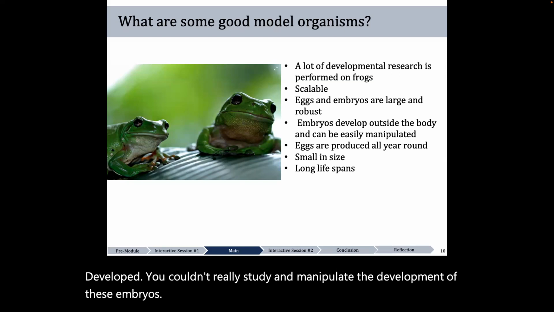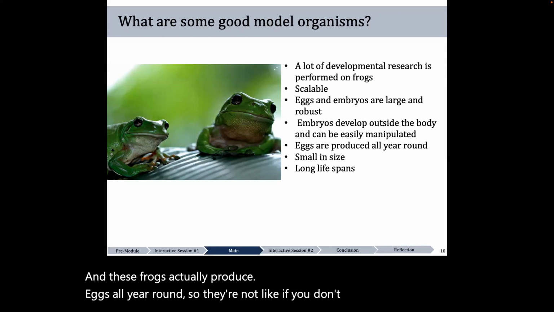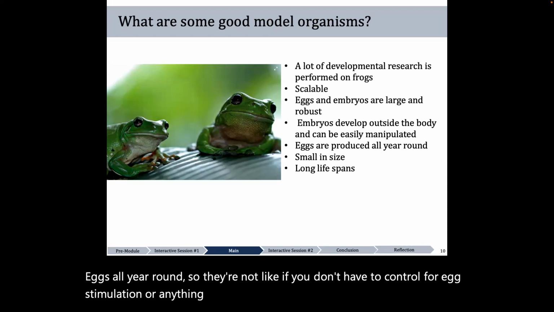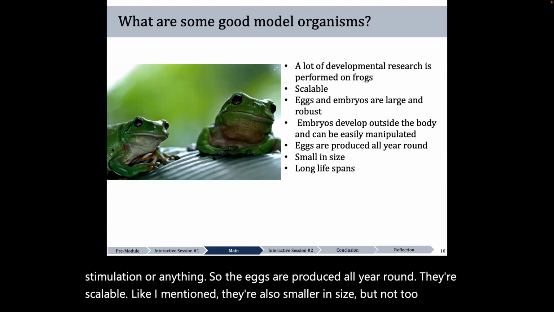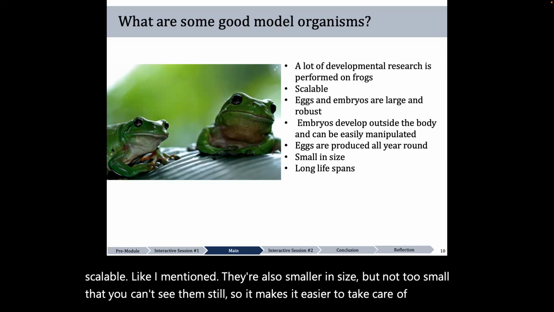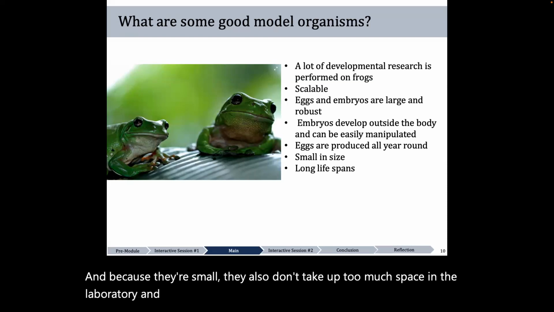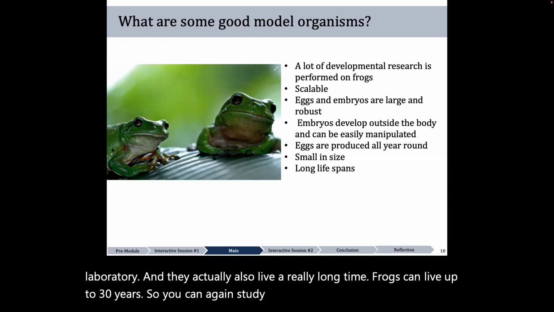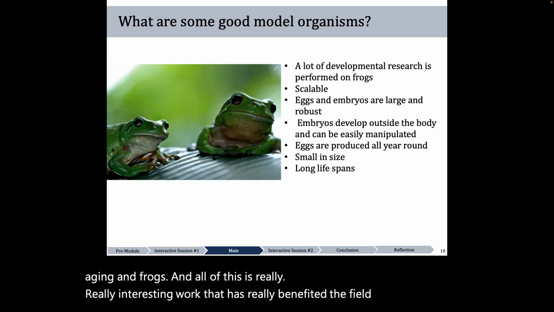These frogs also produce eggs all year round, so you don't have to control for egg stimulation or anything. They're scalable, like I mentioned. They're also small, but not so small that you can't see them, so it makes them easier to take care of. And because they're small, they don't take up too much space in the laboratory. They also live a really long time. Frogs can live up to 30 years, so you can, again, study multiple generations. You can study aging in frogs. All of this is really interesting work that has really benefited the field of aging as well as